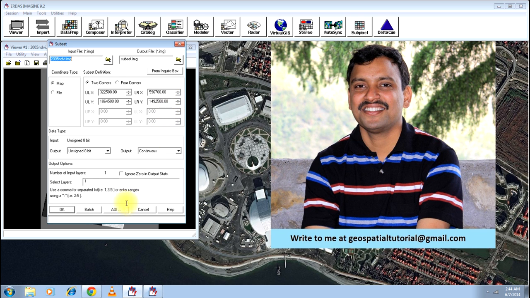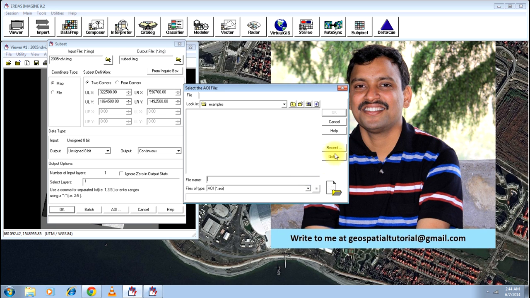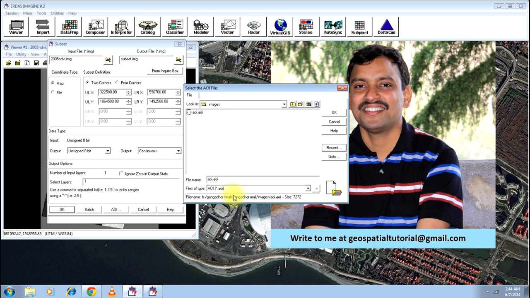Now you will have to go for the AOI option listed at the bottom of the menu. Click on the AOI file radio button and browse through the folders to get the place where you have saved your AOI file. Click on that AOI file, press OK.